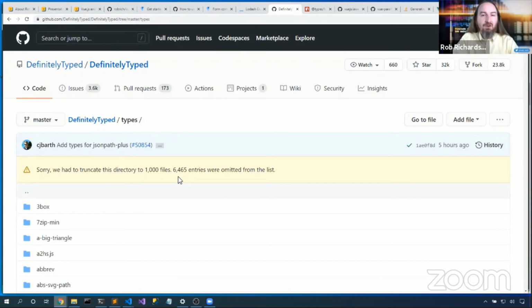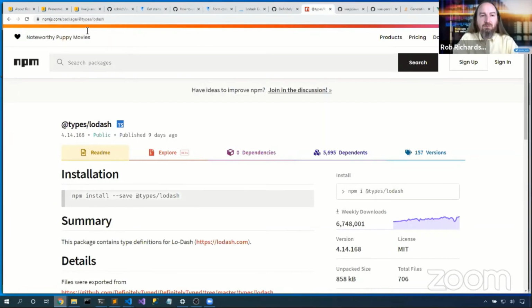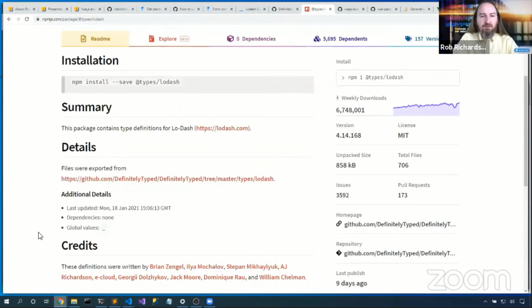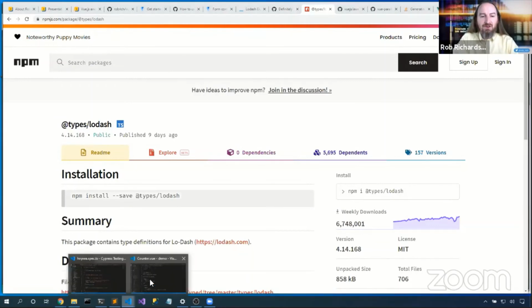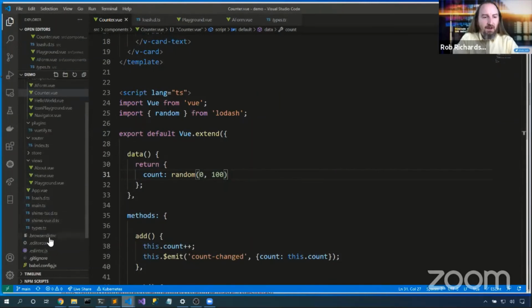Now what's really cool is each of these are built into an NPM package inside the types namespace. So I go to @types/lodash, and if I were to npm install this package, I would get type declarations for the entirety of Lodash generated by the community. That's really cool. Okay, so if I npm install this package, I'm going to save dev, not save. I'm going to save dev this package. It's only a dev dependency. And now I'll get type declarations for the entirety of Lodash. That is really cool. So I can come in here and I can delete my lodash.d.ts,